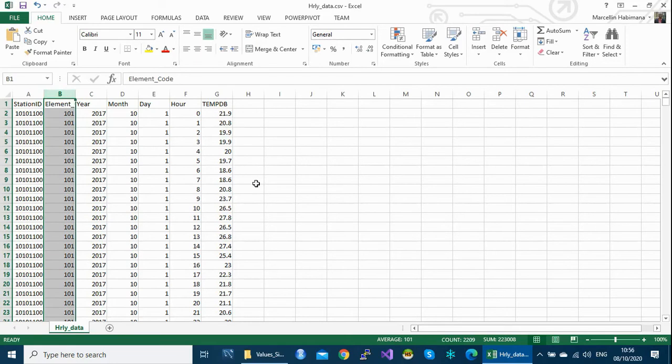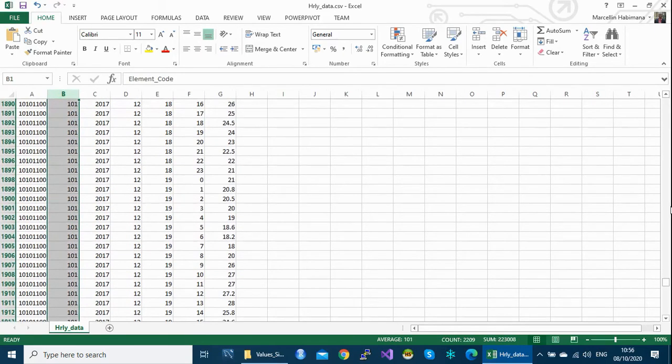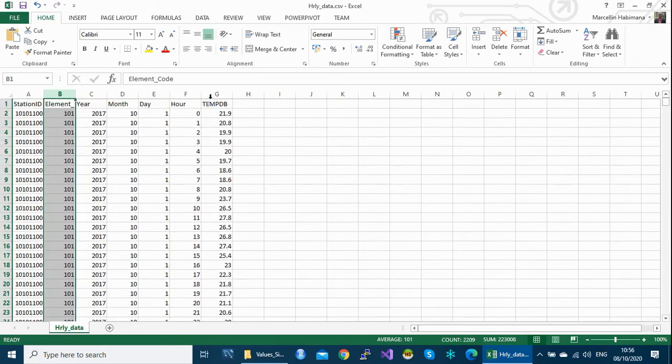So the first case here is that all the elements are in one column and the values are in one column. All the elements are in one column and all the values are also in one column.